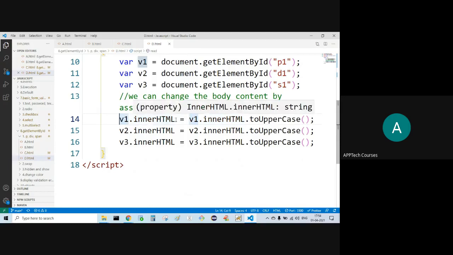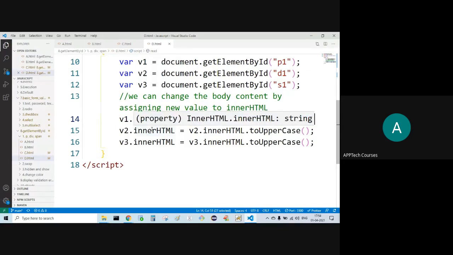The new content of this v1 will be this uppercase, right? For v2 also, for v3 also. Initially whatever the content is same. Now I'm changing all the content to uppercase, then storing to corresponding v1, v2, v3 as the innerHTML.